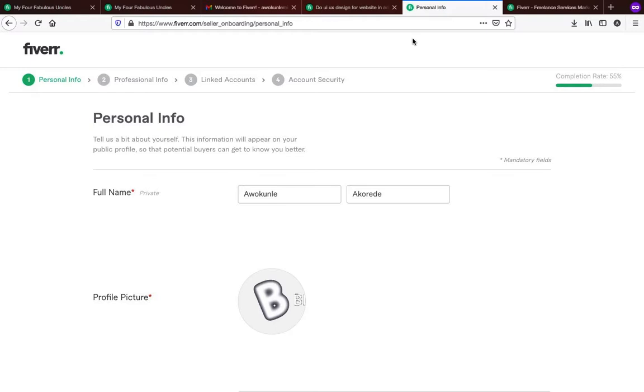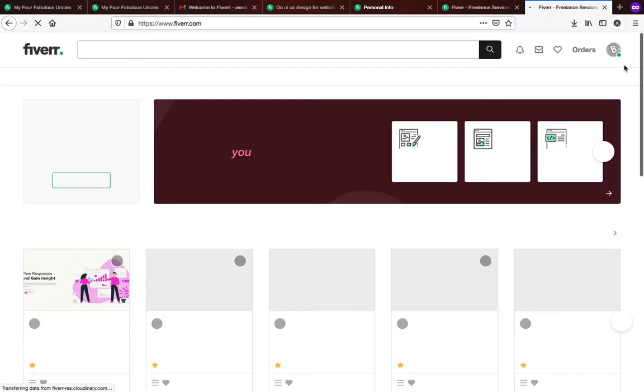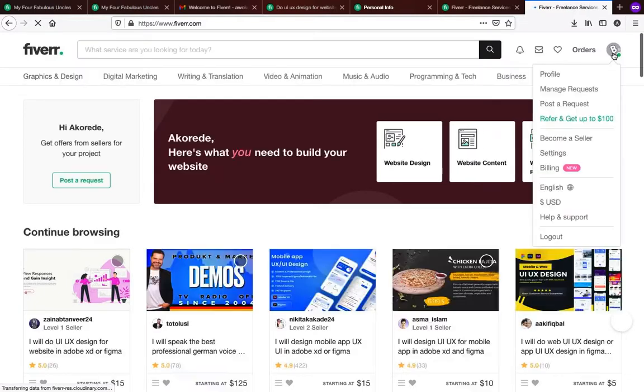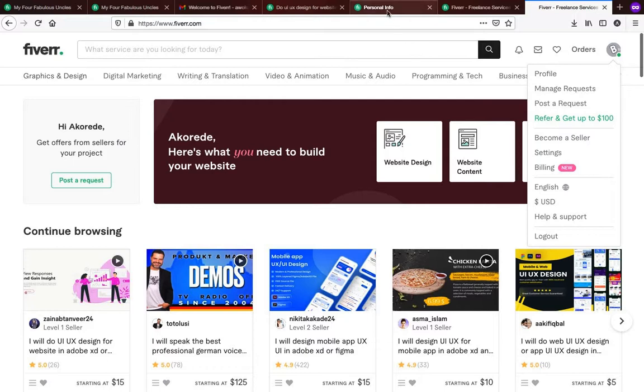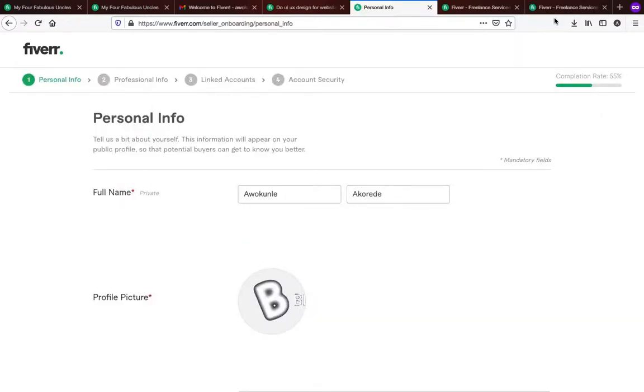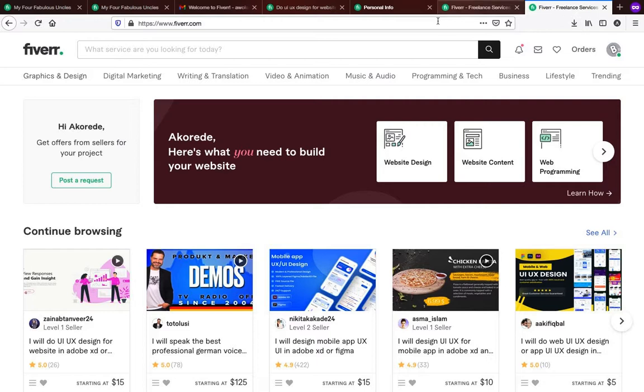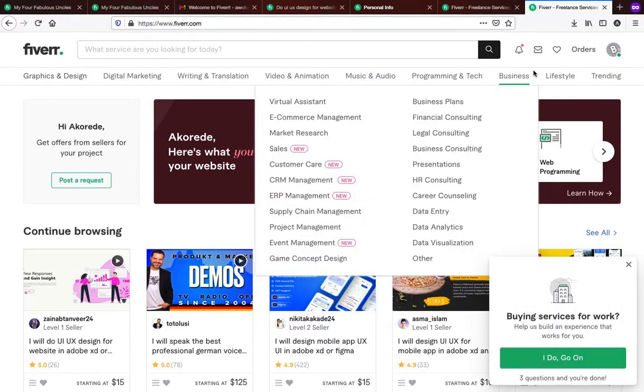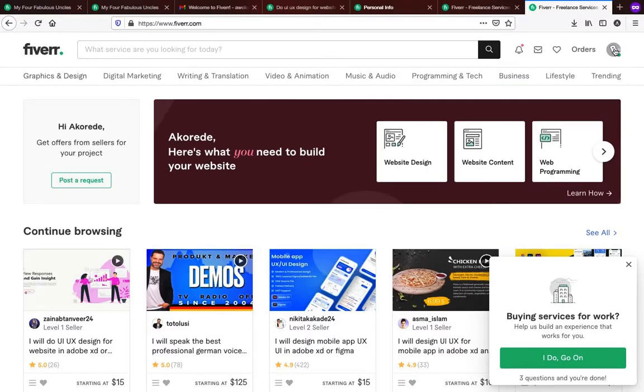So after we sign up and we go to the page here, let's open another tab. We go to fiverr.com, and I just want to show us how we got to this page. When we click on fiverr.com, it will direct us here because we already have an account logged in. So we just click on this icon